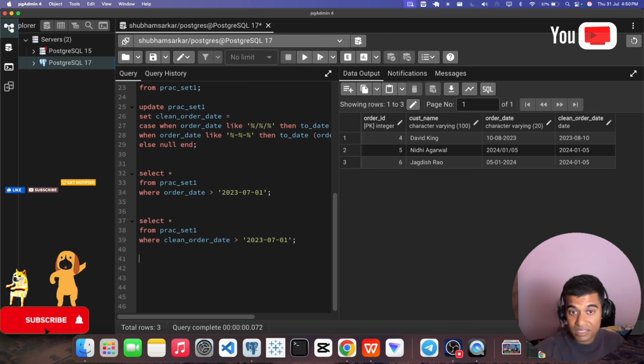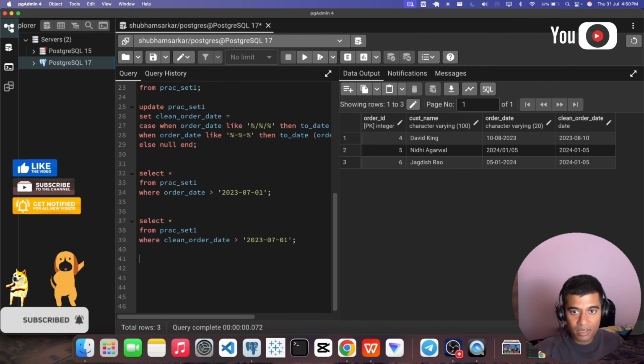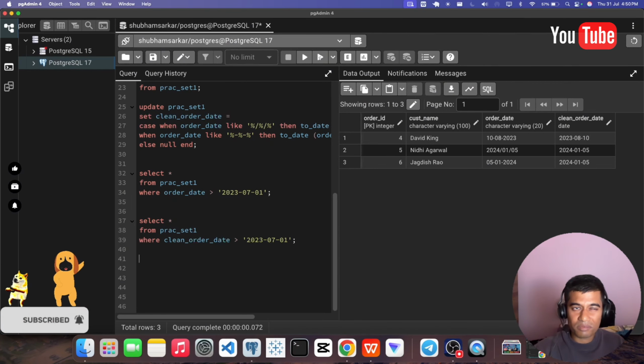So this technique is especially useful in real world projects, whether you are working with messy Excel imports, CSVs,